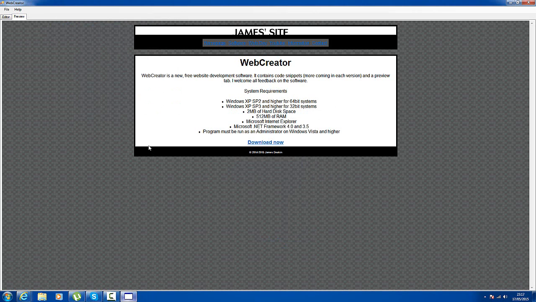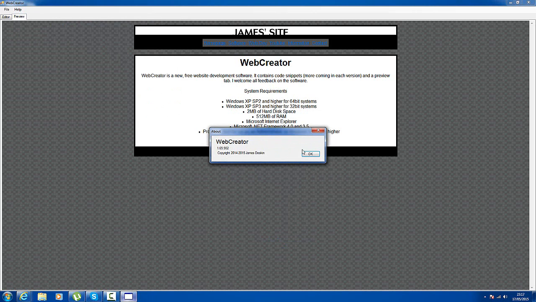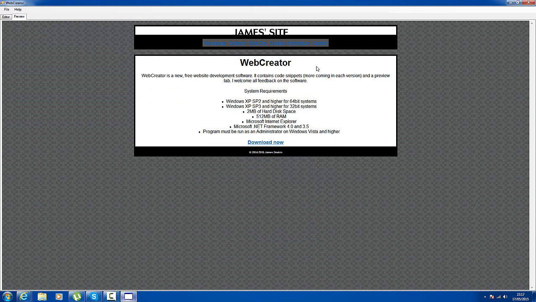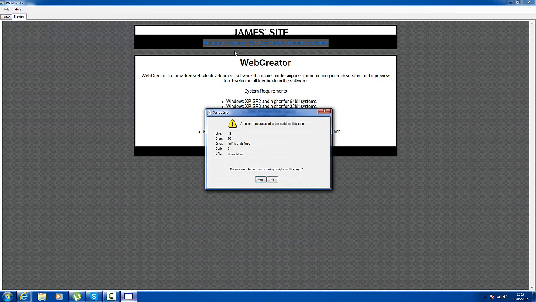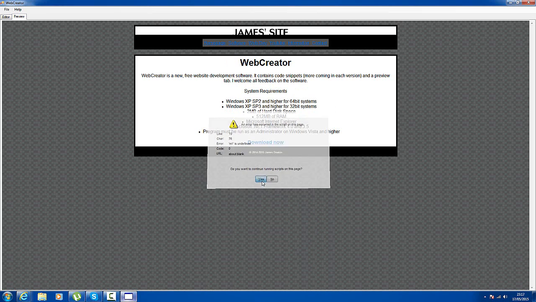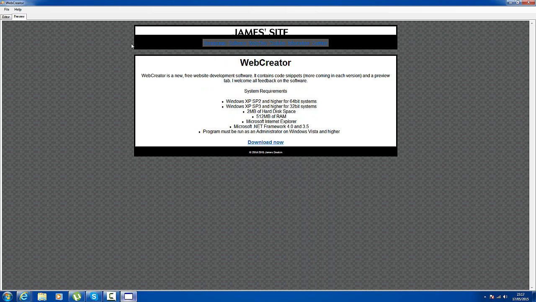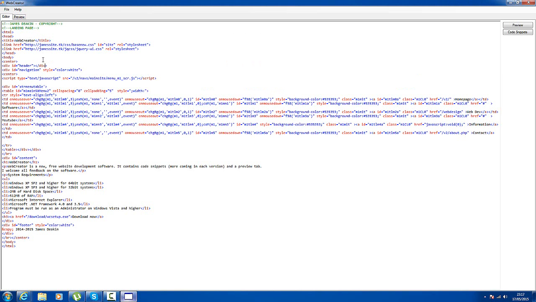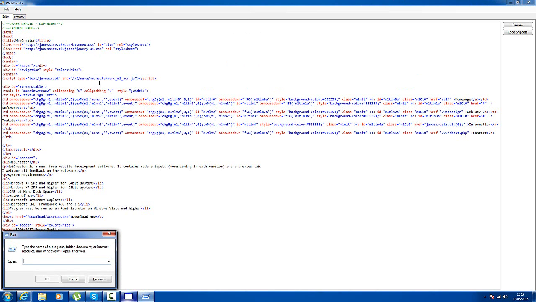So I edited this page in Web Creator. As you can see, it's 1.65.902. But if you click on these links, that's because of the script not being able to be loaded properly. And apart from that, this is the IE7 rendering engine. But you can edit the code here and click Preview. Now, if we go to the Program Files directory,